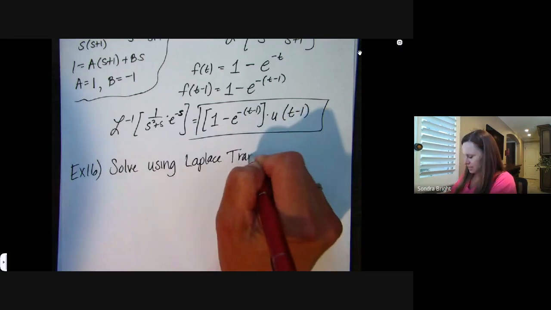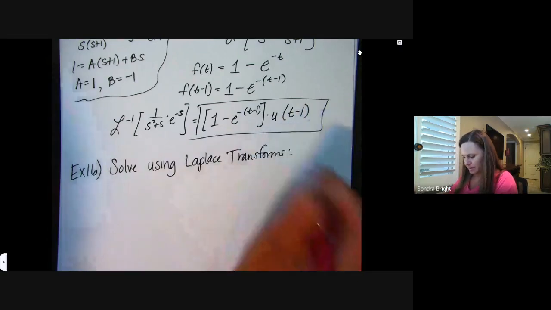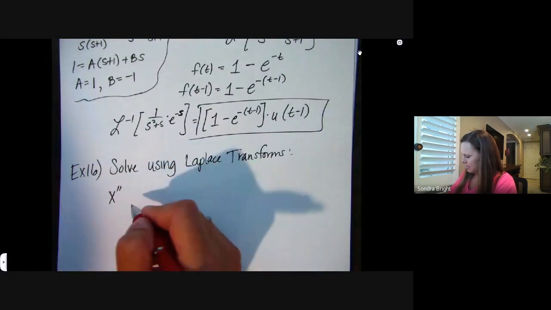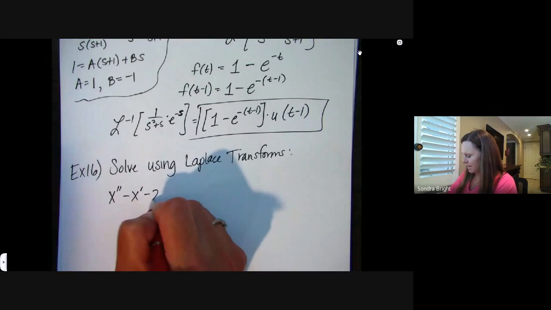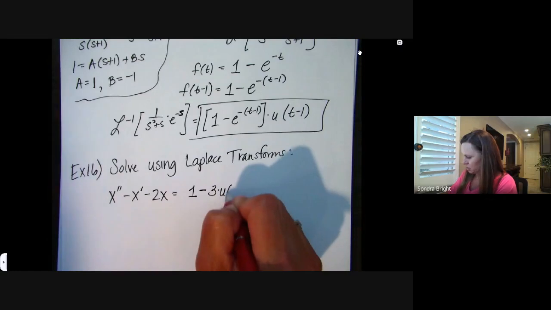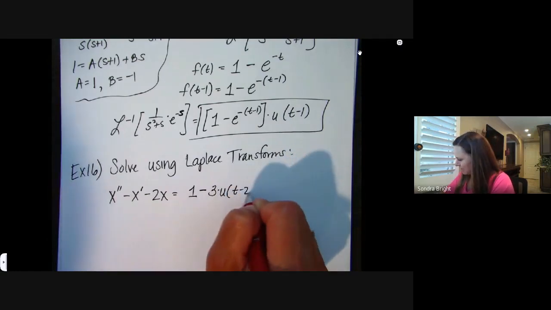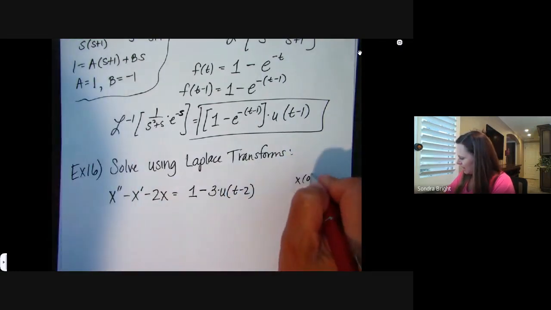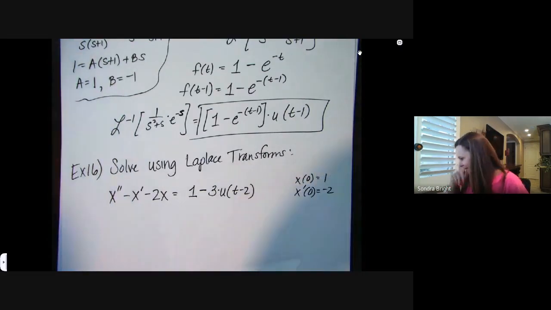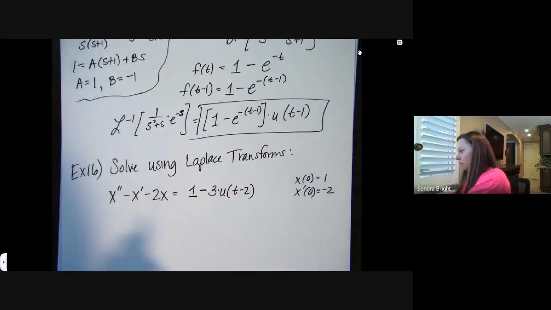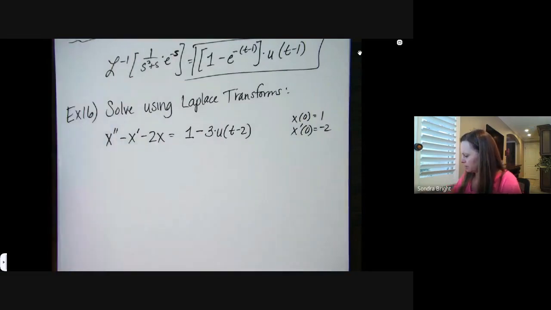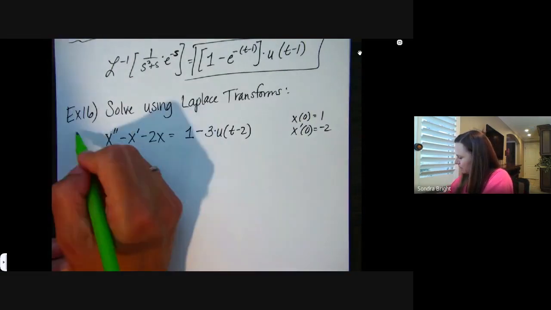All right, so we've got x double prime minus x prime minus 2x is equal to 1 minus 3 times u of t minus 2. And they also give us that x of 0 is 1 and x prime of 0 is negative 2. Okay, so solving this using Laplace transforms means I am going to take the Laplace transform of both sides of